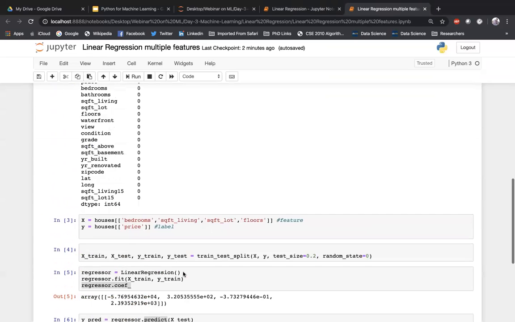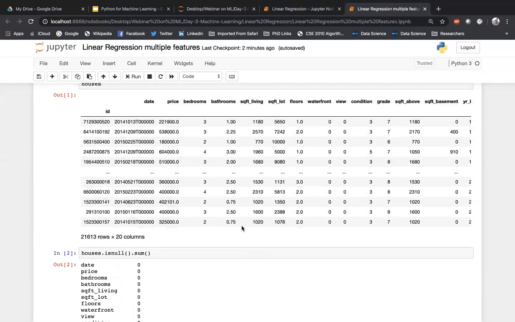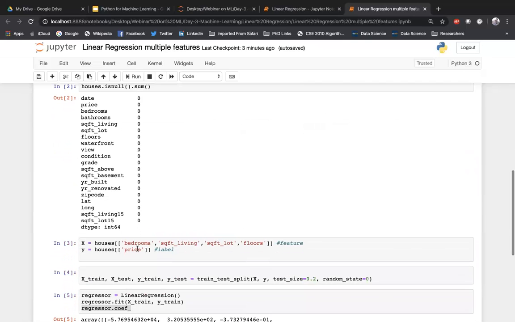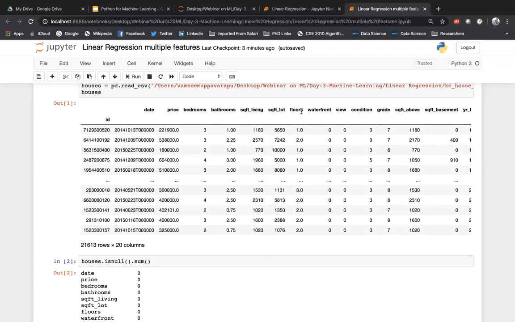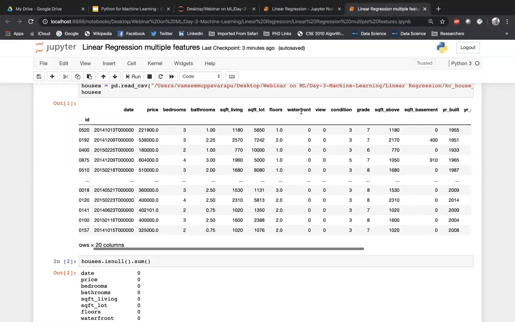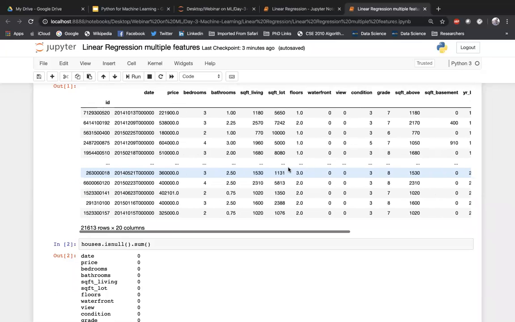I'm not going to do that, but I'm going to tell you some tips on how you can improve the accuracy of this particular model. One thing you have to do is look at the things that you have taken: bedrooms, square foot living, square foot lot, and floors. Yes, we have also taken the bedrooms.